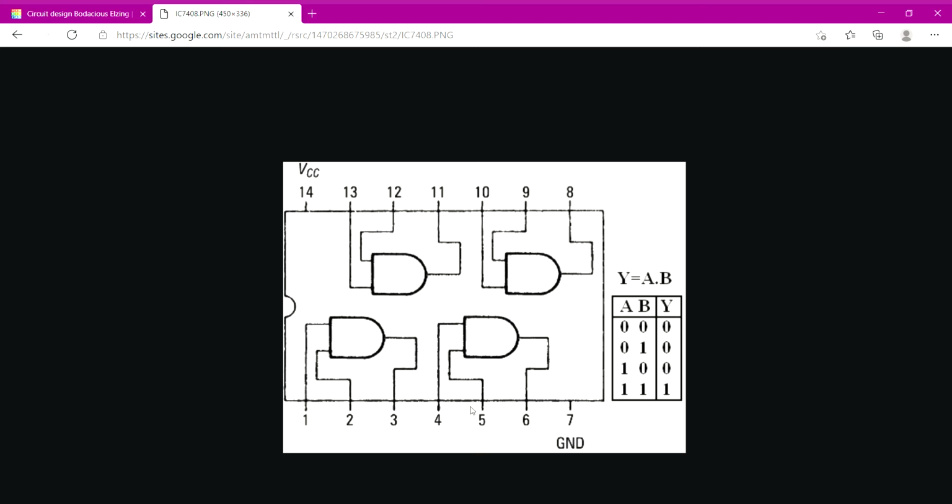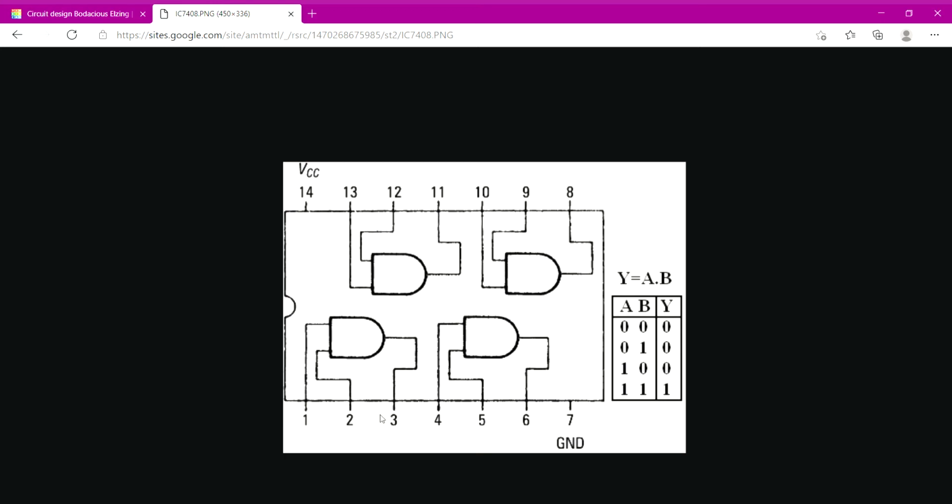Remember, IC number for Quad 2 input AND gate is 7408. You can see there are 14 pins. This is AND gate symbol, which we have already discussed.